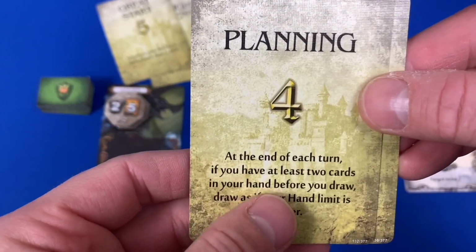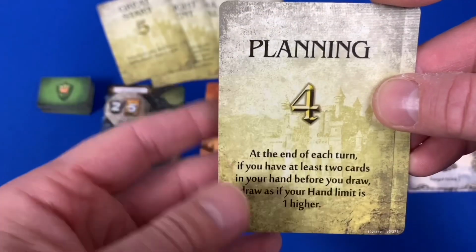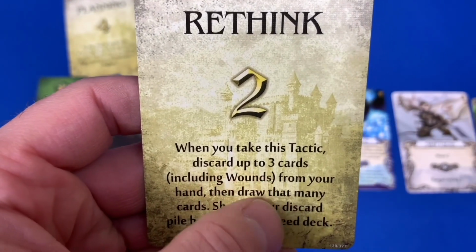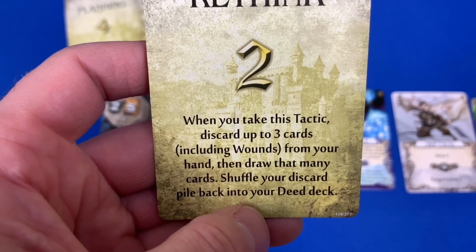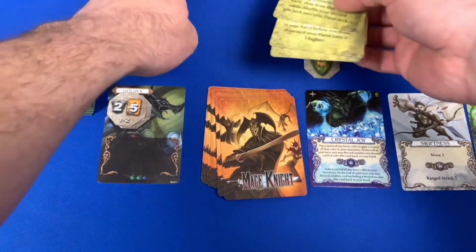At the end of each turn, if you have at least 2 cards in your hand before you draw, draw as if your hand limit is 1 higher, so I'd get 6 instead of 5, which is pretty good. We have Rethink. When you take this tactic, discard up to 3 cards, including wounds, from your hand. Then draw that many cards, and shuffle your discard pile back into your deed deck. That's pretty good, especially if you had a bunch of wounds in your hand. I've seen our hand. It's pretty good. I think we're going to take...